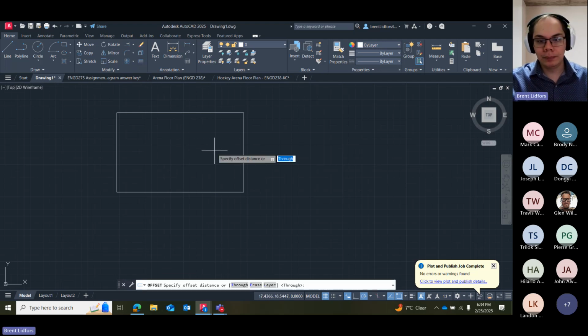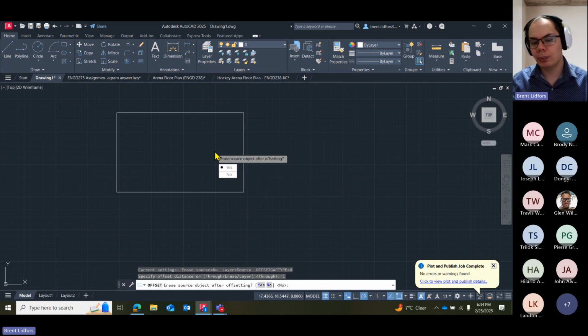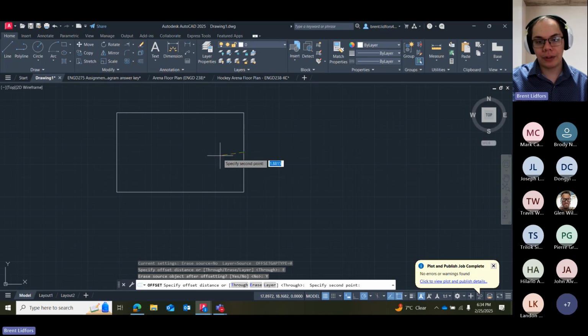With offset, we also have a couple other options in our little down arrow menu here. We have Erase and Layer. Erase is going to determine whether the original object that you are offsetting from is going to be erased or not. So if I choose this and switch it to yes, by default it's set to no, so the existing object stays. If I switch this to yes and try to offset this